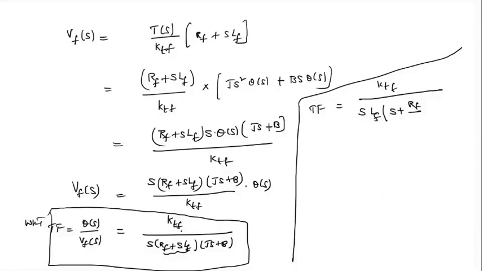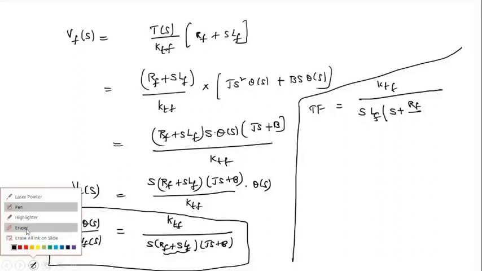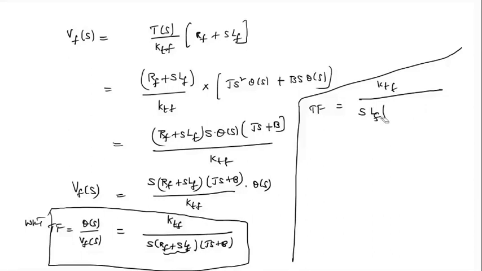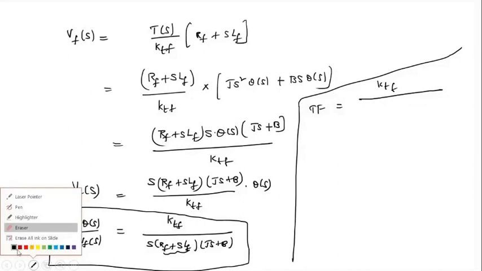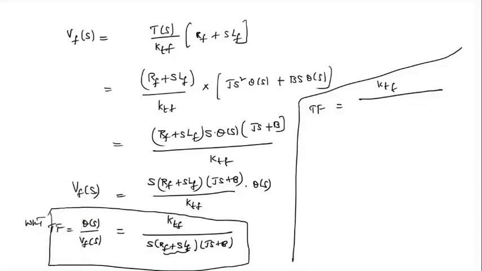Actually the transfer function should be mentioned in terms of 1 plus ST. Why it is 1 plus ST, we'll get to in future classes. At present, just remember the first order transfer function is always represented in terms of 1 plus ST. Like that only we need to arrange things. Why it is 1 plus ST, I will explain in further classes, because it's a tedious class and will take 2 hours. So just remember, any transfer function can be represented in terms of 1 plus ST. Like that only I'm going to arrange it.